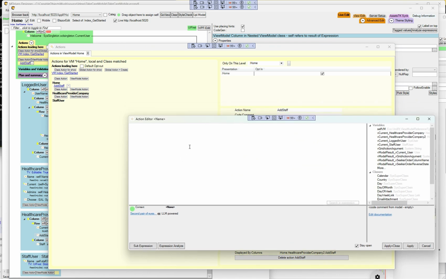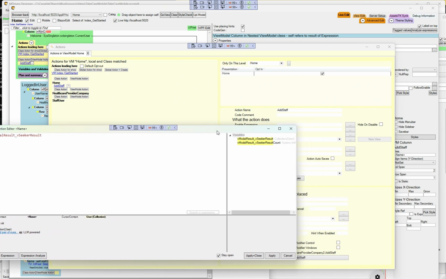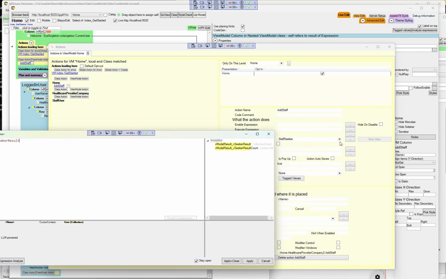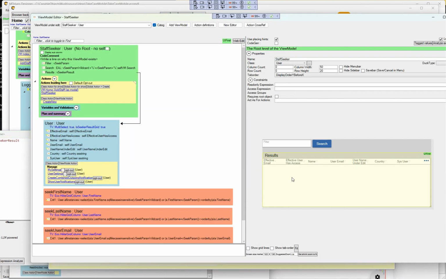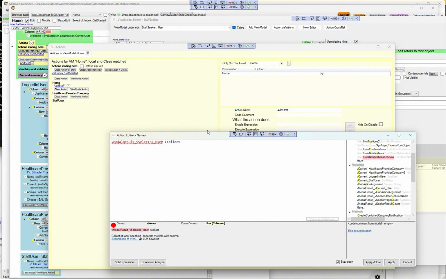Well, then we need to check what's selected in the modal. So we do that by checking the modal result. We don't want to check what we searched on; we rather would like to check what was selected, and that row will be called user. So I'm going to take all the selected users,